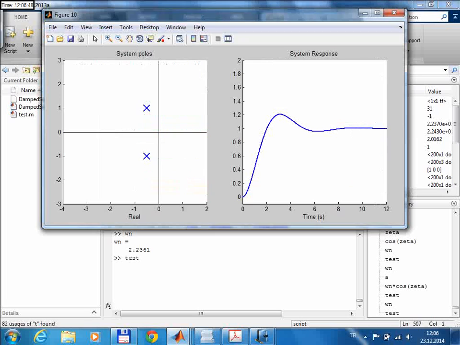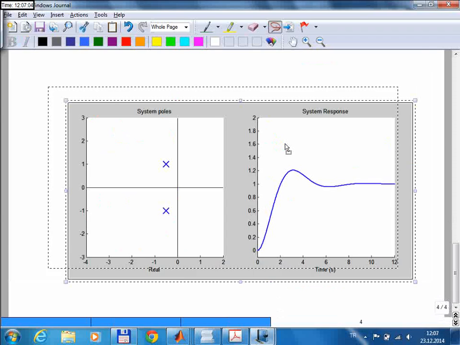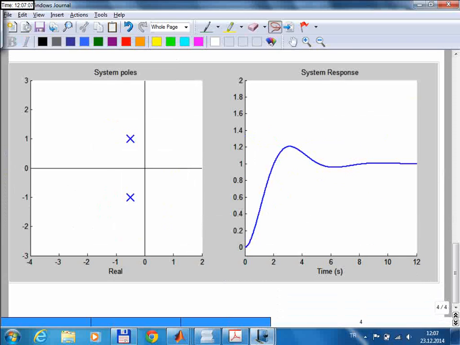Okay, so let's take a look at this one. Now I'm going to shift the B or the imaginary component of the poles. So I'm going to move poles like that. So that will change the frequency of the oscillations, and the envelope will stay constant. So let me just try to plot an envelope here. If the envelope is something like that, the envelope will not change, but for the red one,